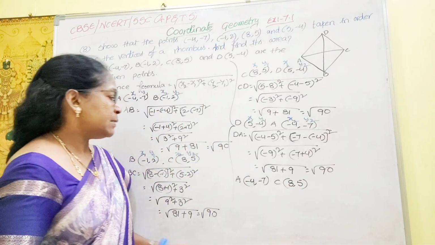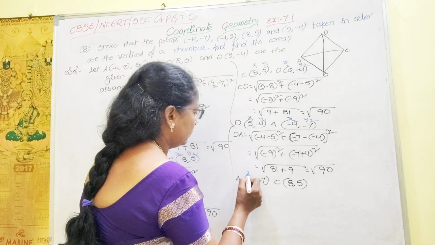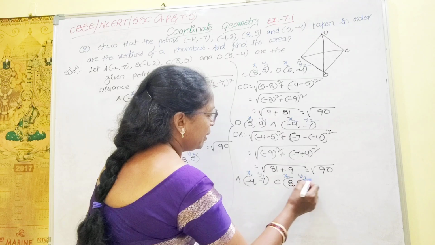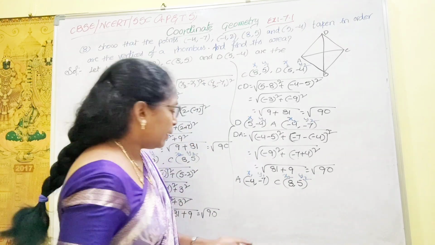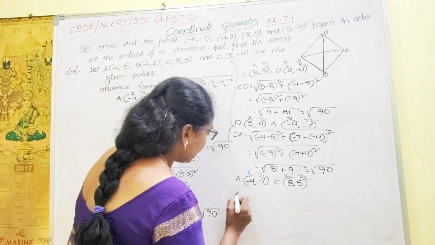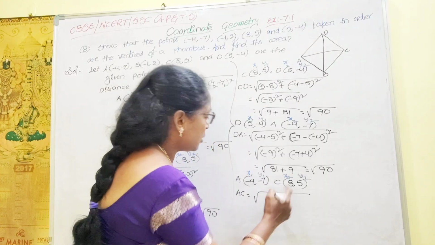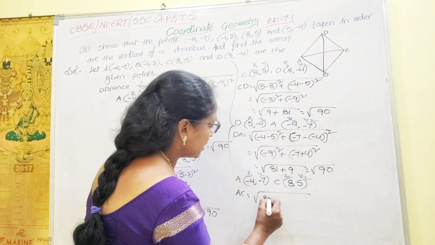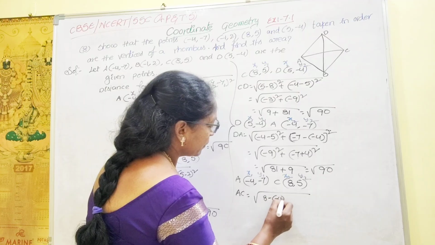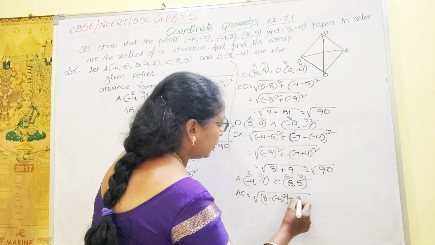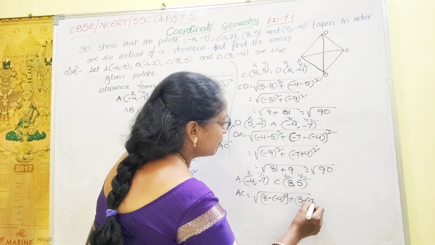Now let us represent x1, y1 and x2, y2. Now AC equals the square root of (x2 minus x1), x2 equals 8, minus of -4, whole square, plus (y2 equals 5, minus of -7)